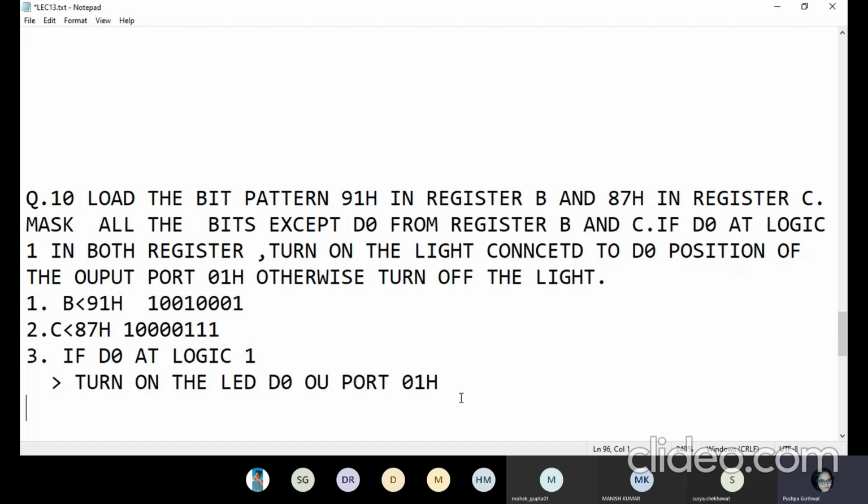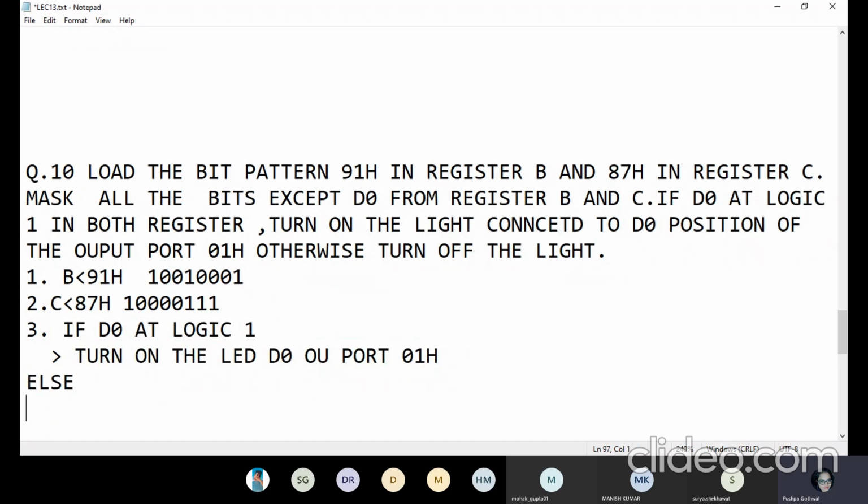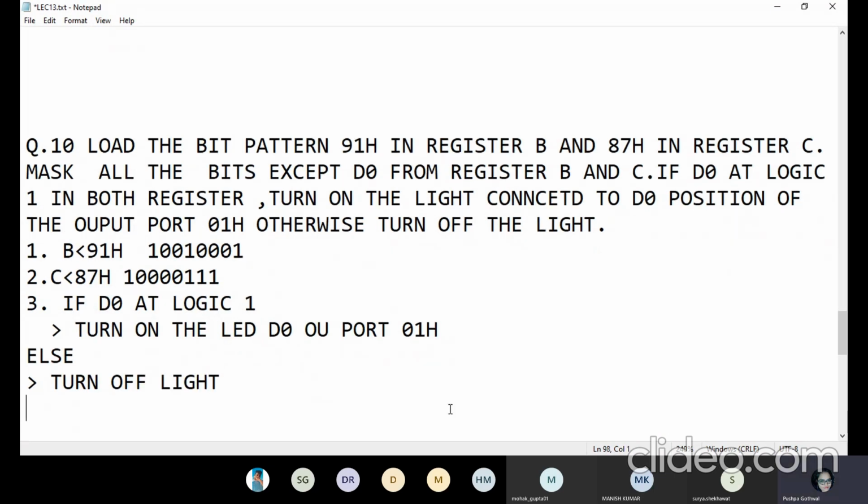And otherwise, what is the second condition? You can understand this is the if condition: if this condition happens, do this thing, else you have to turn off the light. Turn off the light means your 01H port address will contain 00H.